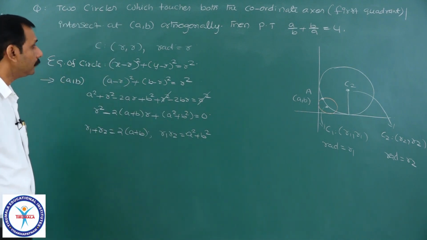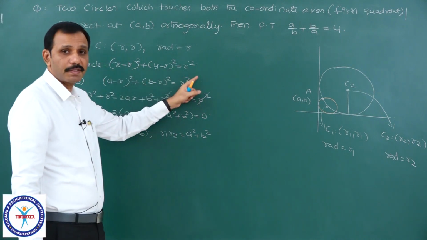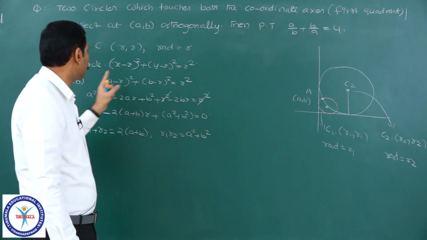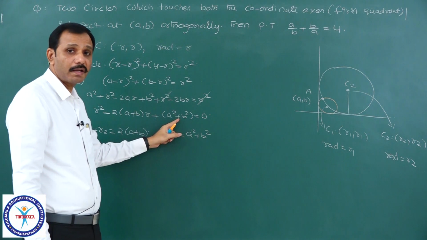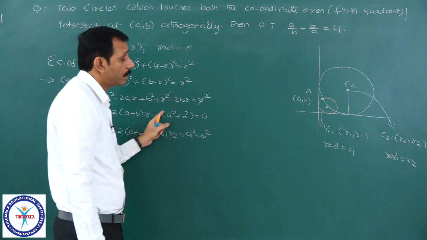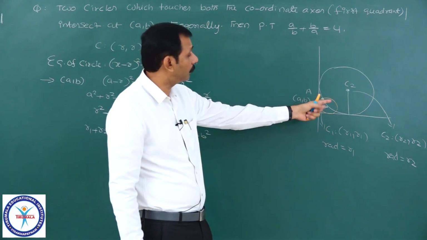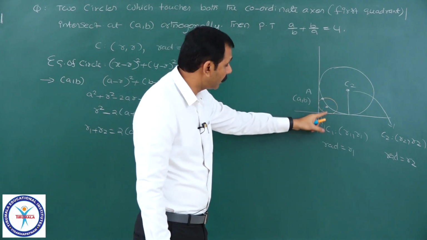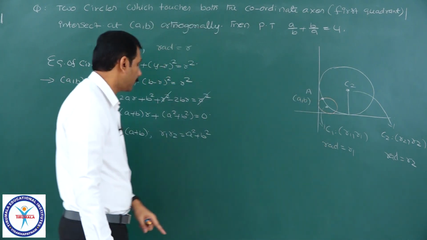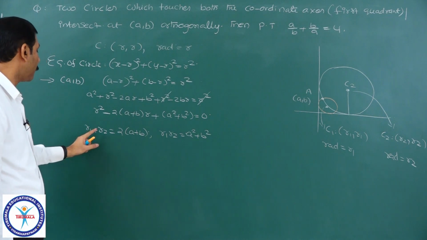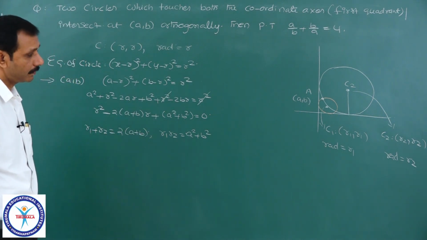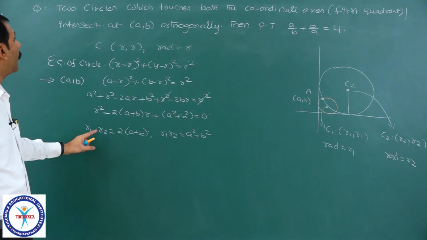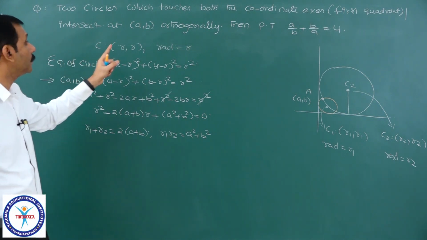Yes. I have written the equation of the circle. Given it is passing through the point (a, b), I substituted and got a quadratic in terms of r. It has two roots which are for these two circles: for one circle it is r1, for the second circle it is r2, with relations for r1 + r2 and r1 r2. Till now, what is the other condition we have not used?